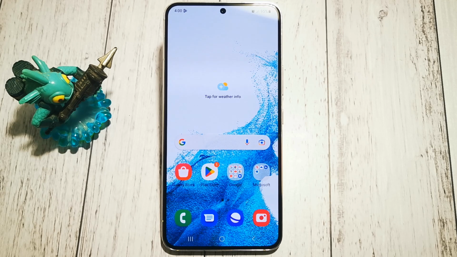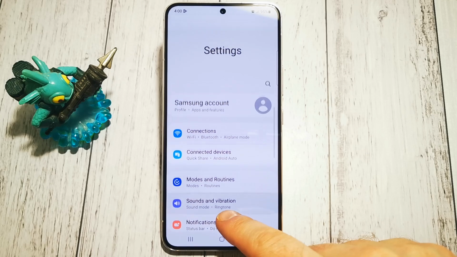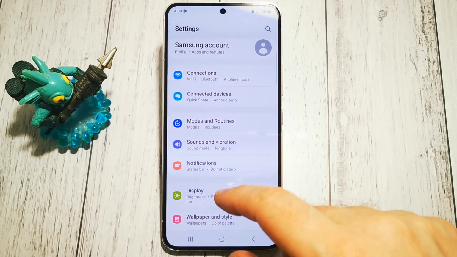Today I will show you where to find the option to change system vibrations in Samsung Galaxy S22. Where to look for vibrations in our phone. Of course, in the settings menu. Settings, then sounds and vibration,